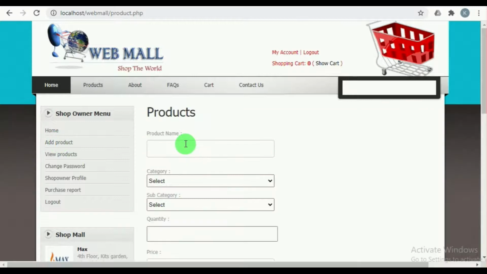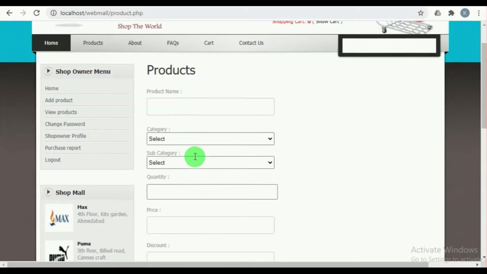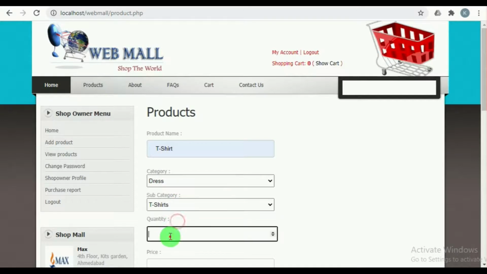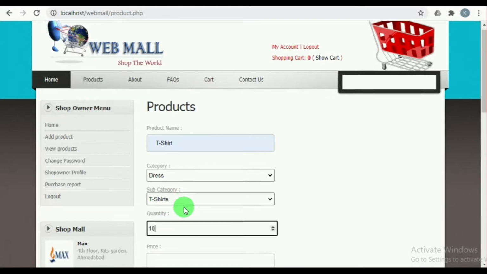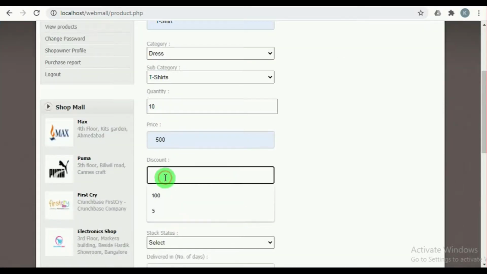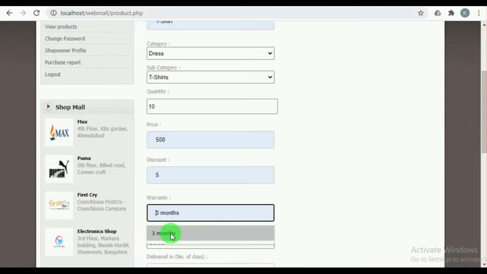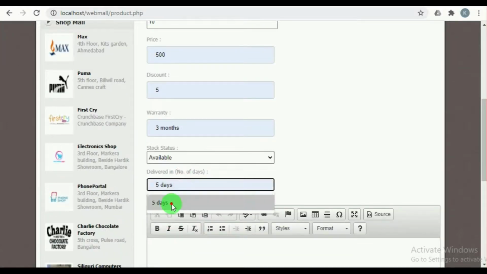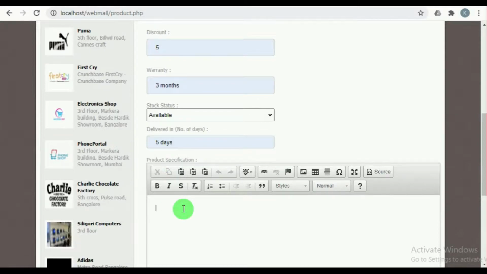Under add product, here the shop owner can add the products of his company. That is by mentioning the product name, then the category of the product, subcategory of the product, and the quantity available, and the price of the product, the discount percentage, the warranty, and the stock status, whether it is available or out of stock, and delivery in number of days.